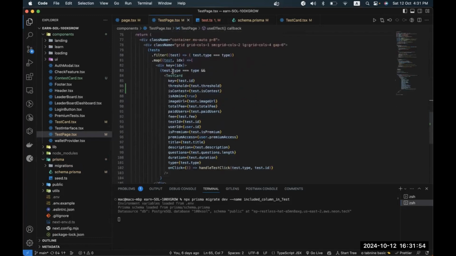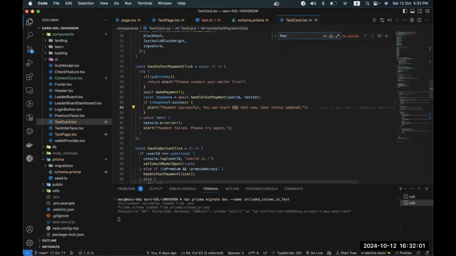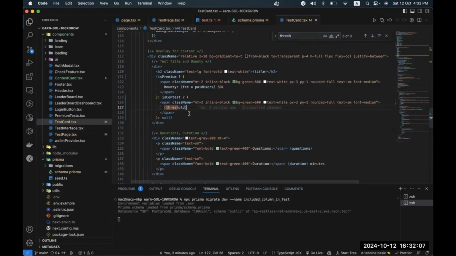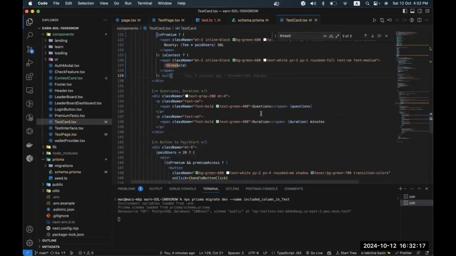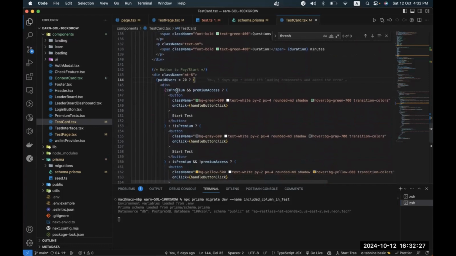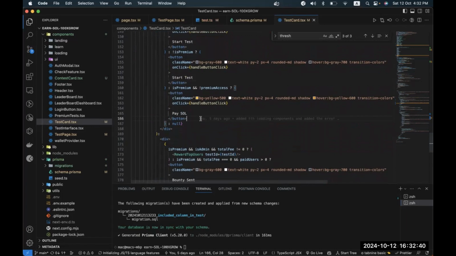So as we get this, we can go to the test card where we were using THRSH. So this is okay, but we have to change this a bit more. The threshold would be there, the number of questions would be there, and there would be a duration for the test for the user to take. And obviously it is not premium, so it wouldn't say pay Sol. Instead it would say start test. But if the threshold is not achieved,